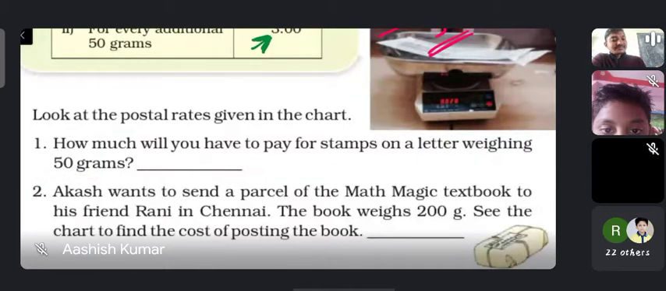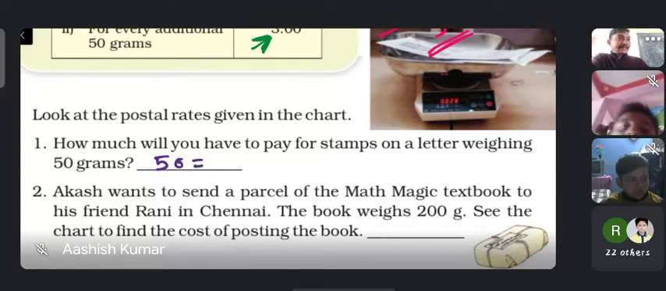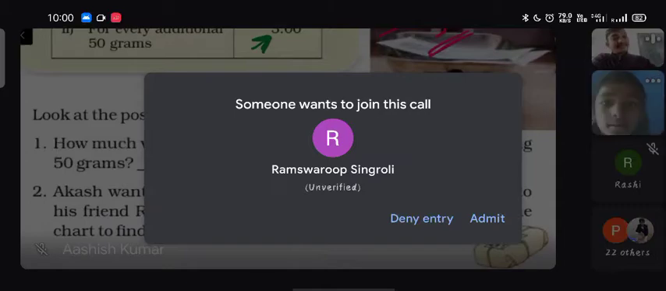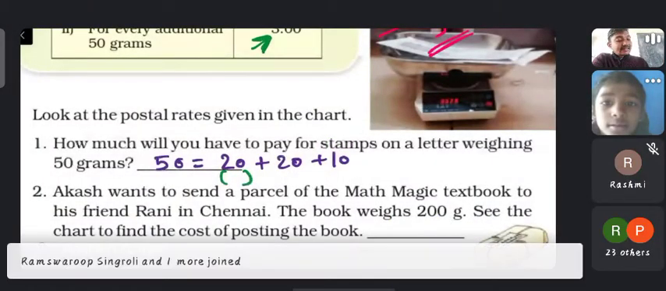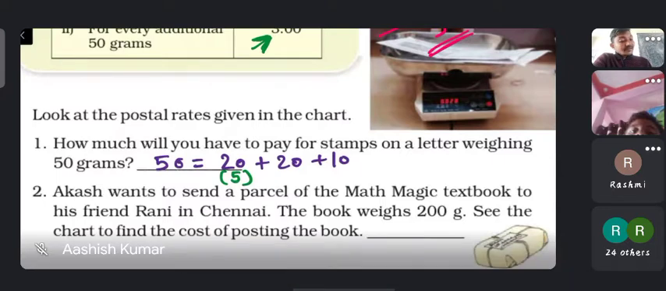For 50 gram, split it into 20. So first 20 plus 20 plus 10, it makes 50. So for 20 we have to pay 5 rupees. At the next 20 we have to pay 2 rupees, and for the next 10 we have to pay 2 rupees. So the total amount we have to pay for stamps on a letter weighing 50 gram